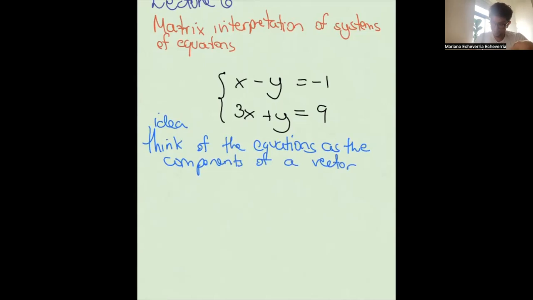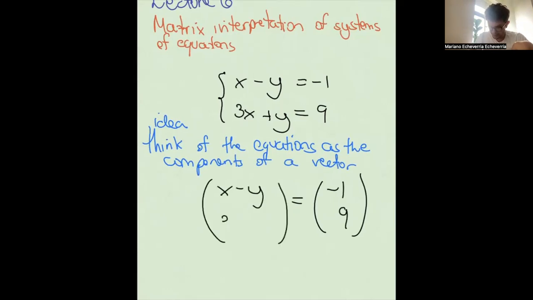So by that, I mean that instead of thinking of this system as two separate equations, you can say, well, the right-hand side is a vector -1, 9. And what's the left-hand side? It's two vectors whose entries are x minus y and 3x plus y. Is that making sense? So if you think about it, it is the same as before, because